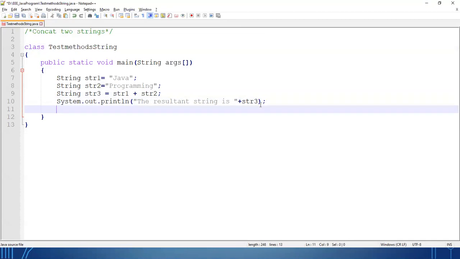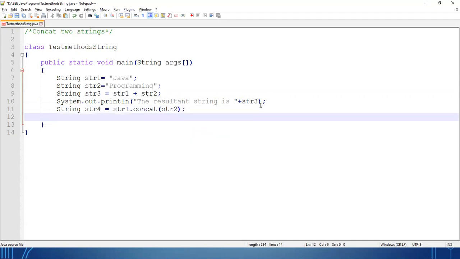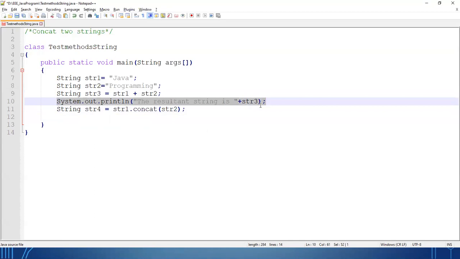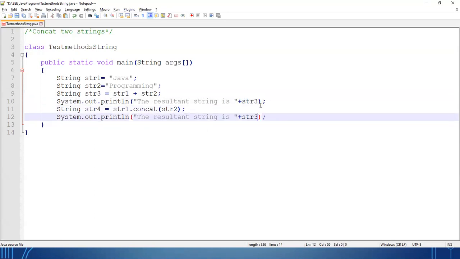Now if you want, you can write str1 dot concat method, and you will pass the second string. So string 4 equal to first string dot concat second string.